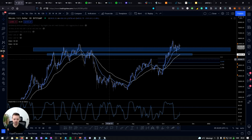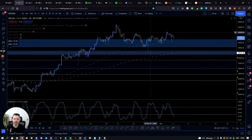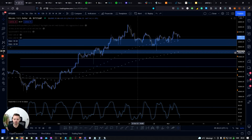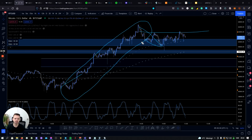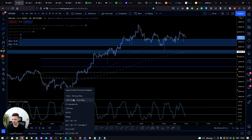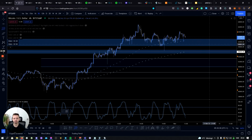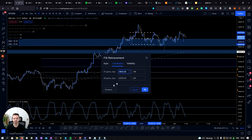Now let's go into the 4 hour and look more closely at the current range that we're trading inside. So as you can see here, as soon as I go into the 4 hour, you start seeing a much more choppy market structure, where we did have a nice trend right here. We broke the trend here, and we're now in some type of range, right? So I would just say we're in a range, and it would probably be best here to let Bitcoin kind of break this range, you know,